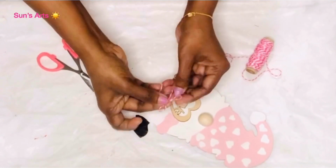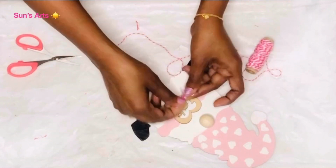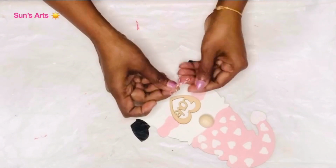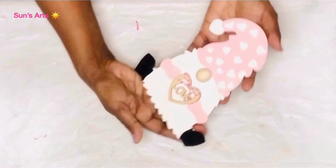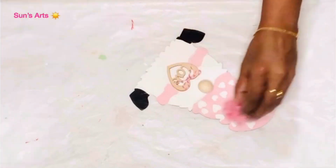And now I'm going to take a little bit of this baker's twine, pink and white, and I created a tiny bow, and I'm going to stick this bow on top of the heart, so that completes the heart decor over there. I don't know, for some reason the heart without the bow wasn't looking complete for me, so that's there. And I also have made one of these cute bows with one of the pink burlap ribbon,